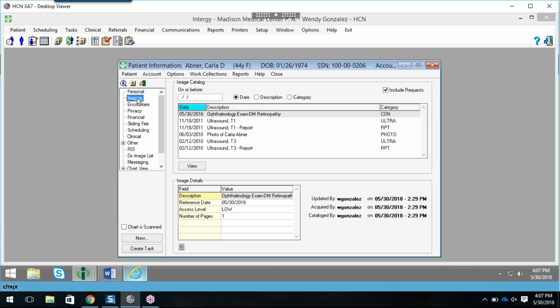So I'm going to go into imaging, and as you can see, this patient already has images scanned in, so it clearly tells me the date of that scan, the description, and the category that it's scanned into, which essentially is the folder. I'm going to walk you through the motion, just a quick recap here of actually scanning into Intergy. So I'm going to click New,